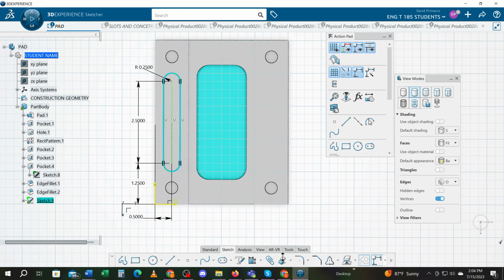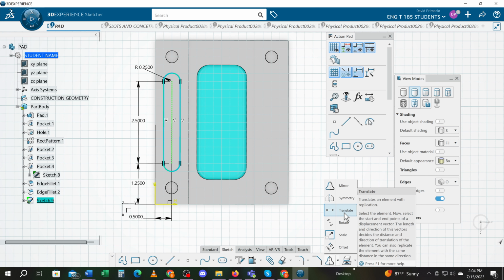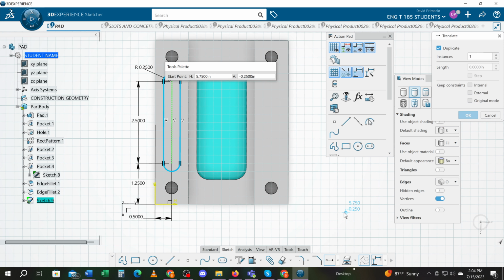And I'm going to use a feature here called translate. So instead of redrawing that sketch, I want to make sure that the slot is the exact same size. So if I copy it, I know it'll stay the same size. So if I go translate,